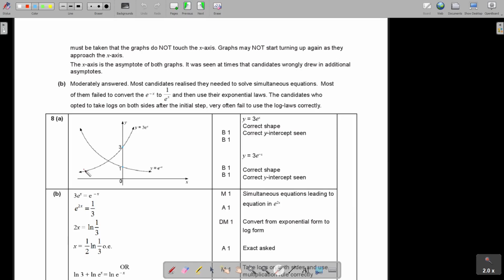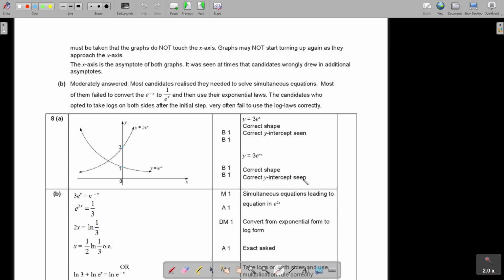Okay, so now, in this case, the asymptotes did not move. So this was for the correct shape. So this one, and this one, and then it cuts. It's just as I said on the report, I prefer that because they said coordinates, make it (0, 3) and (0, 1). So correct y-intercept seen. So they were not so strict, but I think in other years they can be more strict. So correct shape, and that was this picture I got.